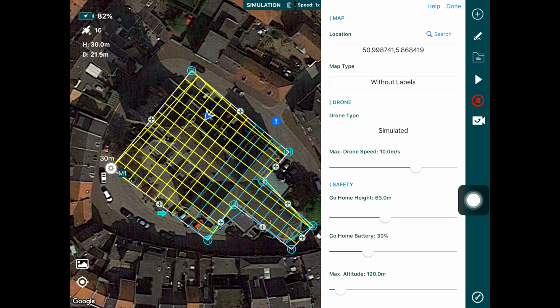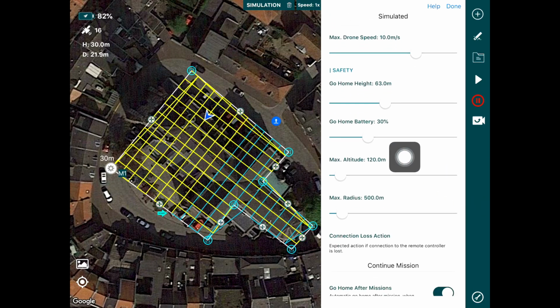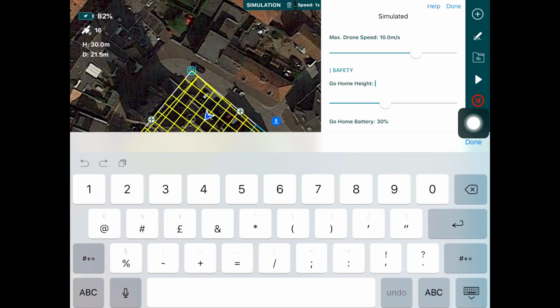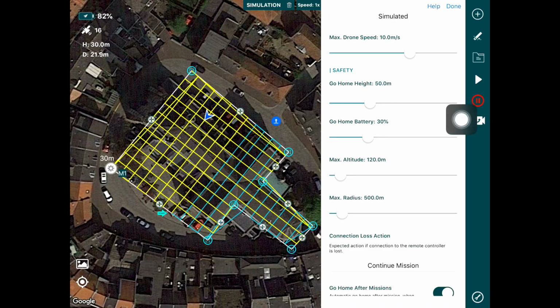Some of the other settings to configure are safety settings. So you'd want to make sure that you have set up your go home height, which is essentially the height the drone would climb to before it returns home. So this should be an altitude that is free of obstructions or any kind of collision possibility. So you would set that to whatever makes sense for the environment. So let's go 50 meters for now. So we're flying at 30 and we're coming back home at 50, so it would rise to 50 meters and